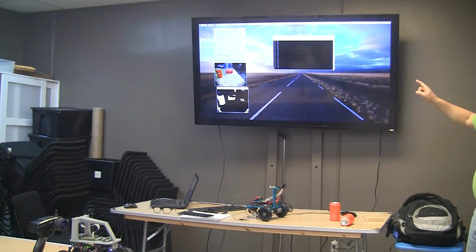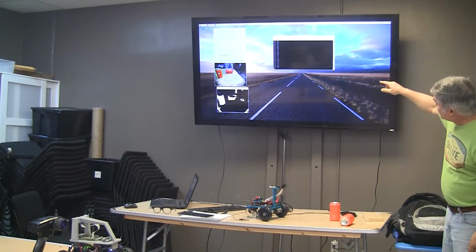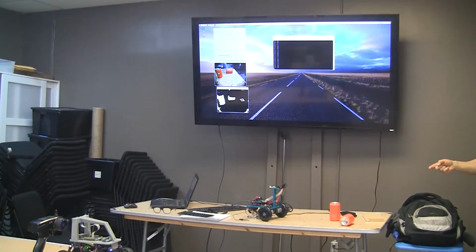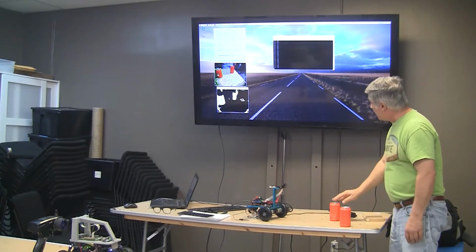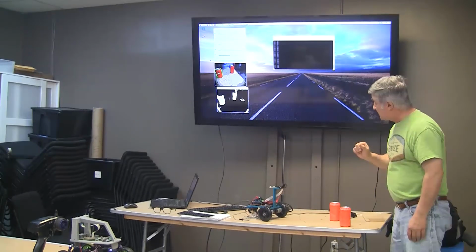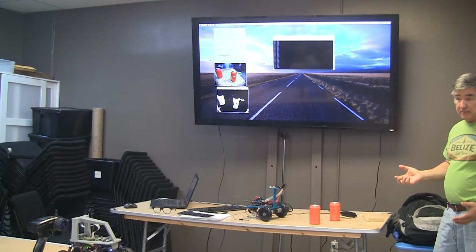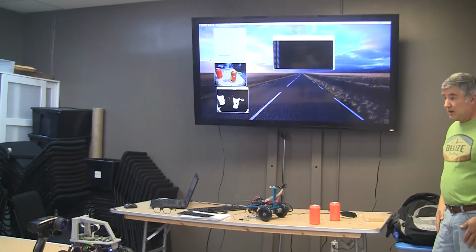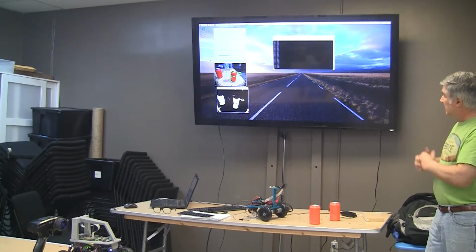And that's what I send to the board on the top, and this stream of CXs is actually the center X value of the closest can. So right now it's highlighting this guy because he's closer. If I move this one, it should switch to it because now it's closer. Is it deciding closer just by size? Yeah, basically that,